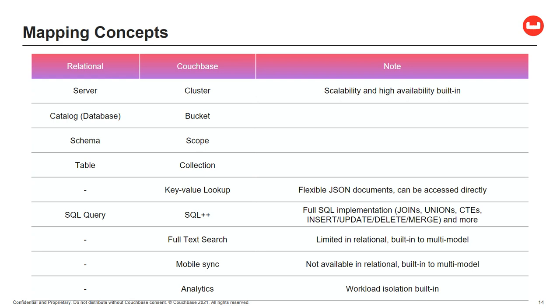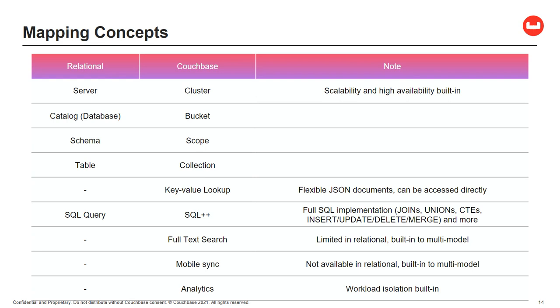So the only way you can interact with data in a relational database is with a SQL query. And you can do that in Couchbase as well with SQL++. But you can't just do a straight key value lookup, certainly not from a managed cache that's already part of the database. You can't necessarily do a full text search. Some databases have some limited full text search built in, but usually you want to pipe that data into a separate tool like Lucene, for instance, to do that search. So now you're adding more tools that you have to manage, and manage the integrations for.